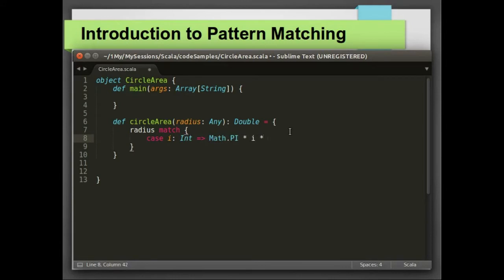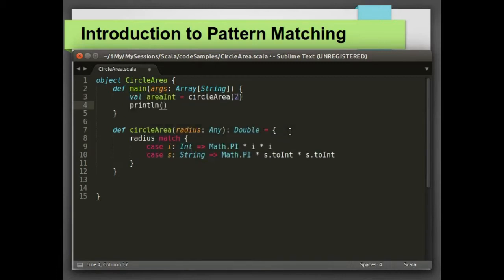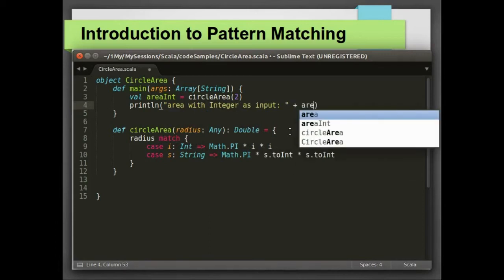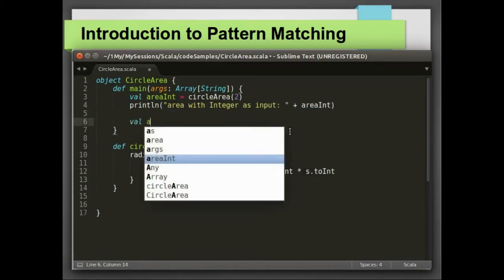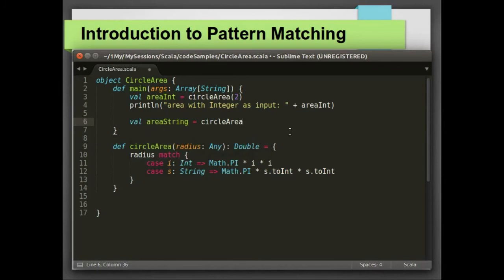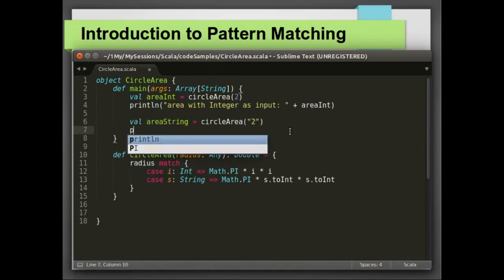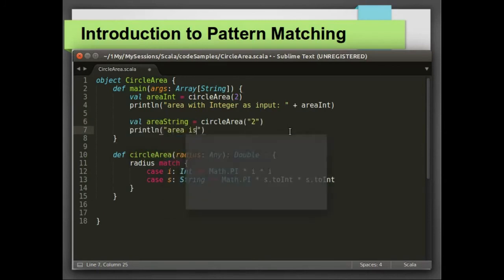But if it is a string, then we have to convert the string to int first. I will call this circleArea method in main to test our code. First, we will call the method by providing radius as int, and then we will call the method again by providing the radius parameter as string. Let us print the area in both cases to compare the result.